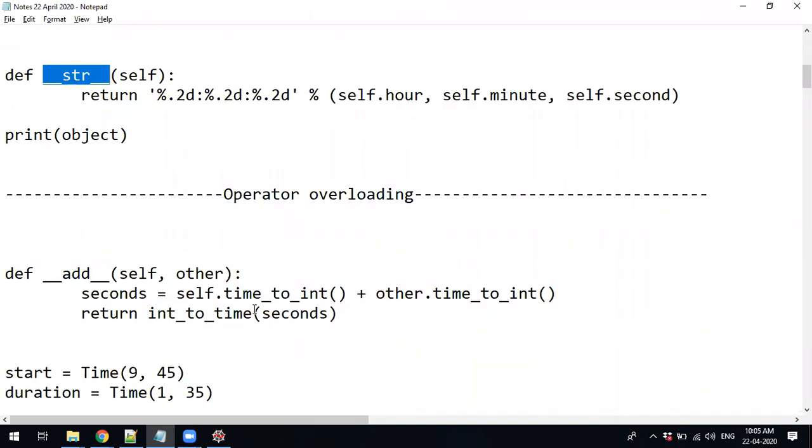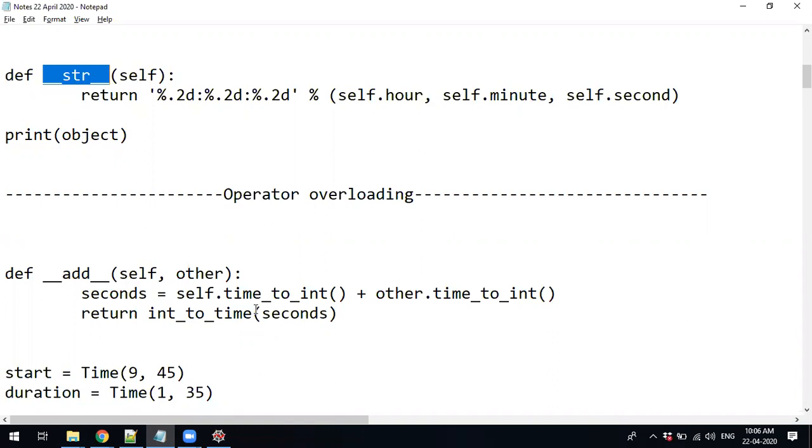The operator overloading I discussed yesterday: with normal addition, you give two operands and get the result. But I want two objects to be added or subtracted, or to do some other operation, like less than or greater than.